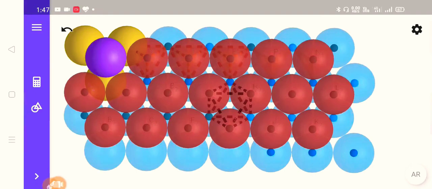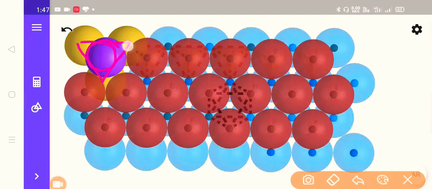Now keep in mind, to create a tetrahedral void we need four spheres, three from the bottom and one from the upper, or vice versa. You can select three from the upper layer and one from the bottom layer, which is present in the depression of the three. We already marked one here.